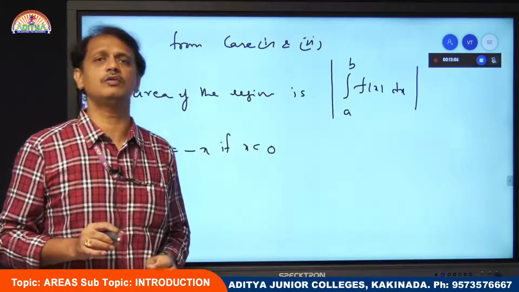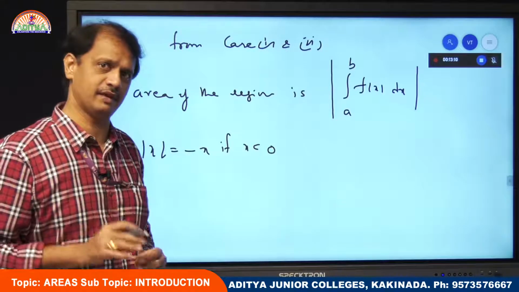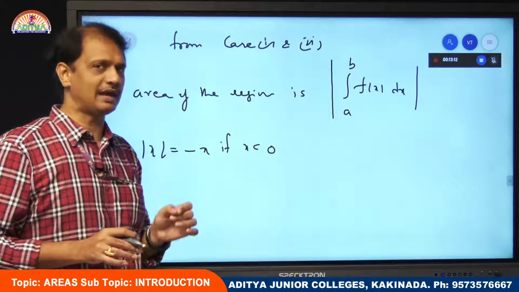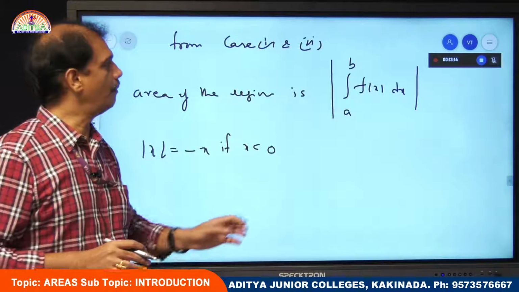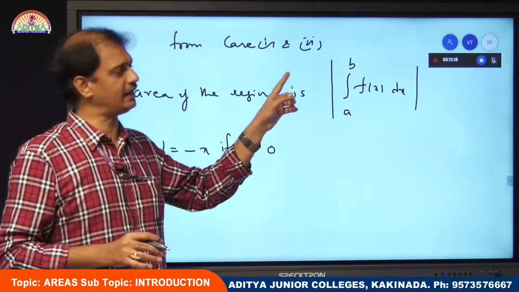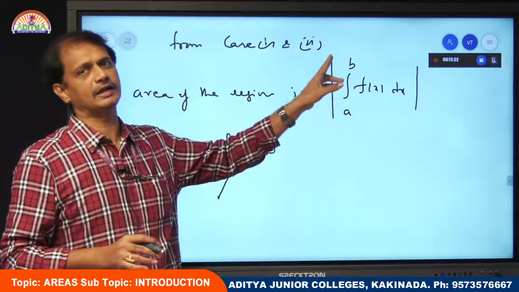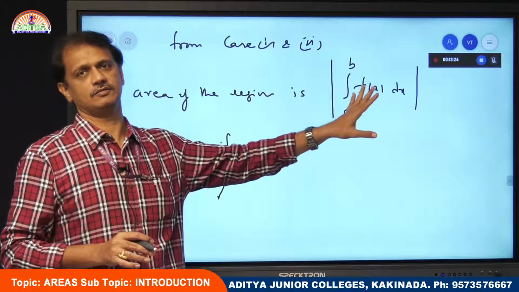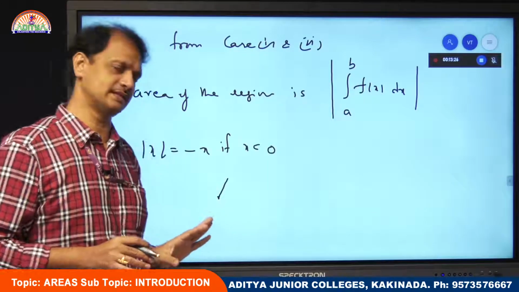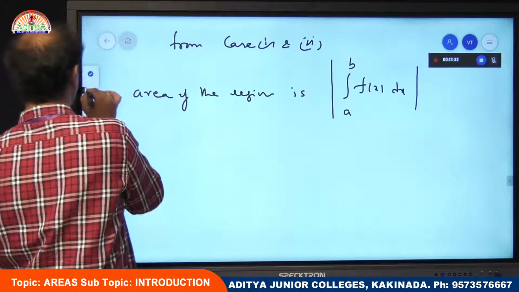That means if you don't know whether it is a positive quantity or a negative quantity over the entire interval, in that case, to calculate the area of the region bounded by y equal to f of x, x-axis, and the lines x equal to a and x equal to b, it is simply written as modulus of integral a to b f of x dx. Okay, we are combining both the cases. Now coming to the next one. Here I am going to give a note.